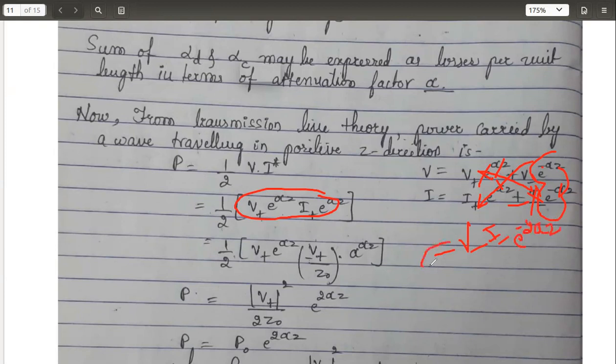So as I am here giving you, the traveling is only in the positive z direction, I'm not considering this also. Only the first term I have considered here, because I have mentioned that the wave is traveling in positive z direction. Out of those four multiplied terms, first term I have written. Then coming to the simplification, what I have done, v plus e raised to alpha z as it is. Instead of I plus, what is I plus? I equals to v by r. So I have written that.